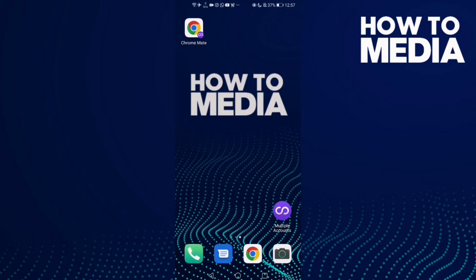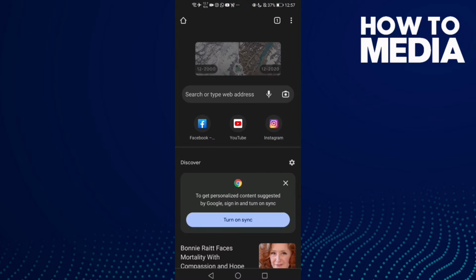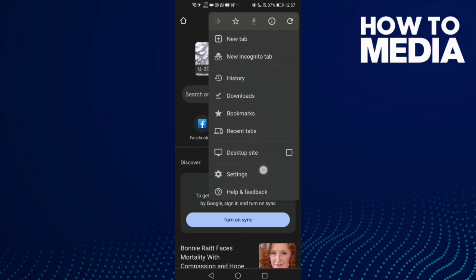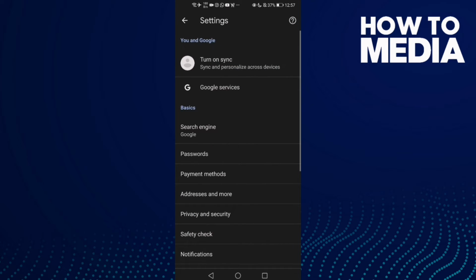First thing you're going to do is go to Google Chrome and click these three points here on the top corner, and then click settings, and now click this one, Google services,